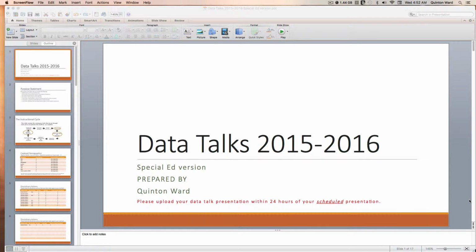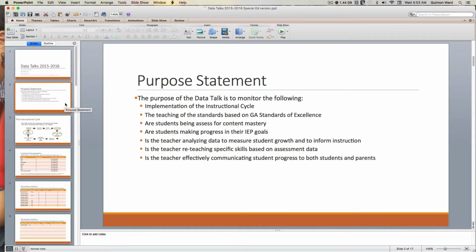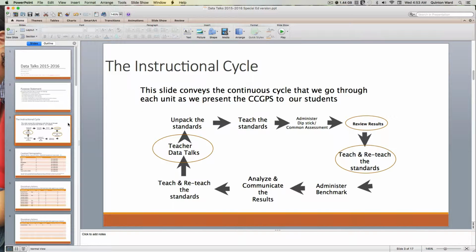In today's lesson, we want to review the template that will be used for Data Talk presentations for special ed teachers. Again, I want to reiterate that this is the PowerPoint template that will be used for Data Talks for special ed teachers. Okay, our second slide and our third slide basically goes over the entire